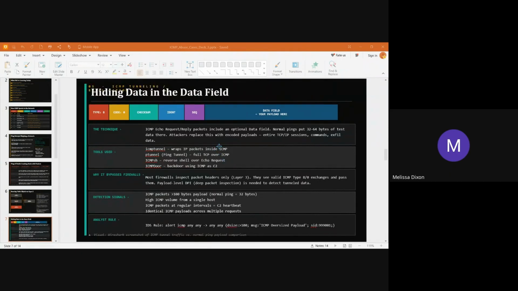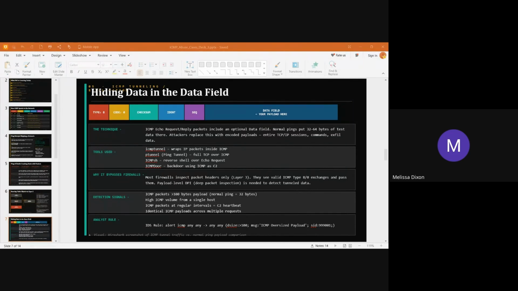And then we have ICMP tunneling and exfiltration. This is MITRE ATT&CK T1095, which is a non-application layer protocol, and T1048.003, which is exfiltration over an alternative protocol. This is one that surprises most junior analysts most of the time: the firewall is passing ICMP, the IDS is not alerting, and data is leaving the network